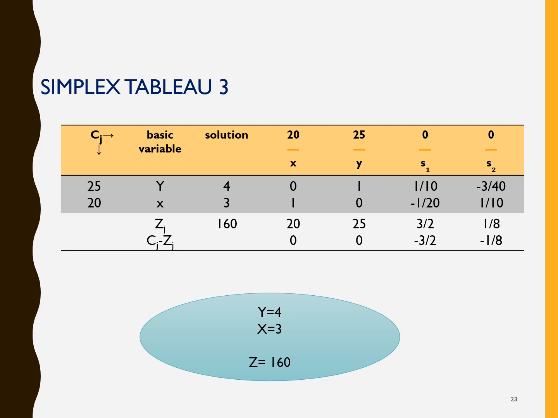Remember the initial word problem, we began this situation of understanding what a simplex is. So here is the solution for that. What should be the maximization situation? The maximization situation would be the one wherein we have y equals 3, y is 4 and x is 3. In this particular situation, we can also find out one more thing. What will be our maximized profit? Our maximized profit is this Zj, that is 160 units or 160 rupees.